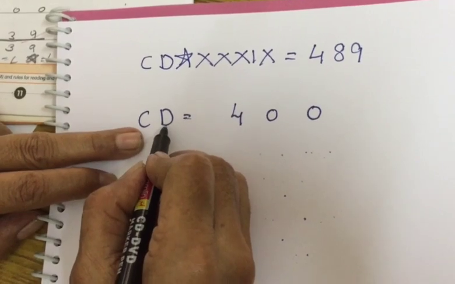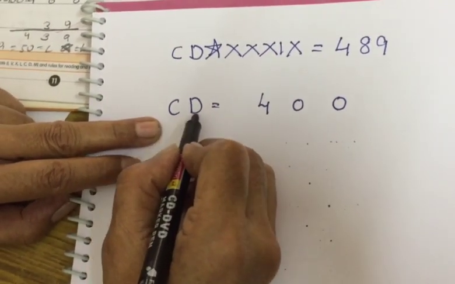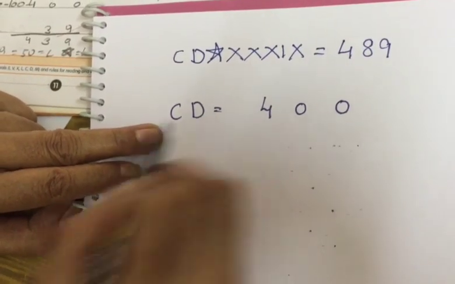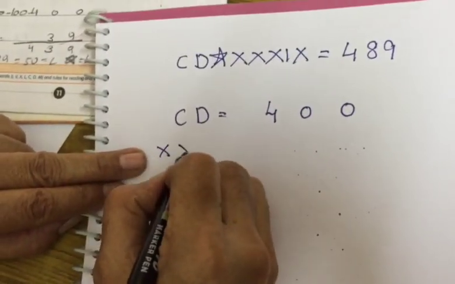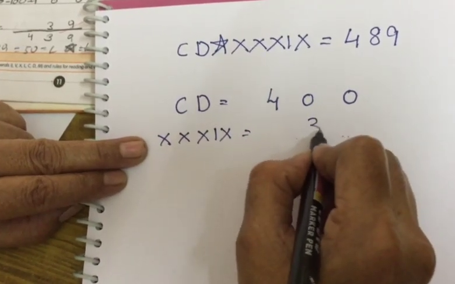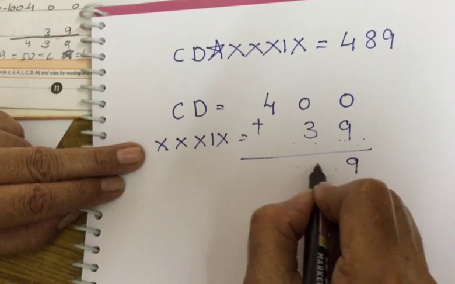D is 500, so we are writing a smaller number before a bigger number. That means you have to subtract. Now XXXIX is equal to 39. These two numbers added, children,